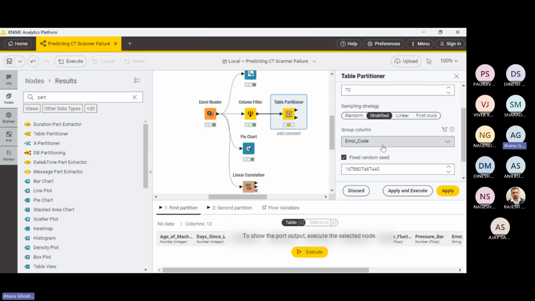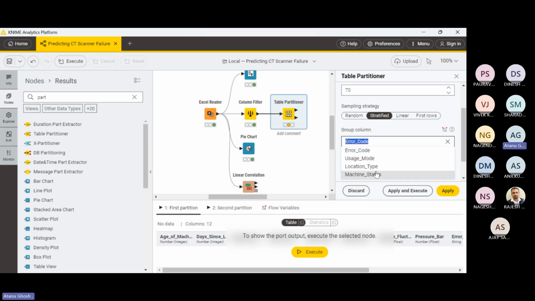And on what basis am I going to do stratified sampling? Last time there was only one option available, which is machine status. But this time it is giving me all options, because this stratification can be done only on categorical values, not on numeric values. Last time in logistic regression, all values were converted to numeric values except machine status, because before that we had done one-hot encoding. But now we have not done one-hot encoding, so the categorical values have remained categorical and it is showing them.